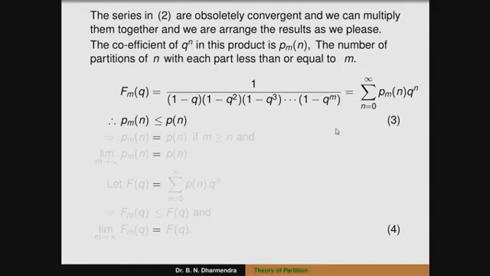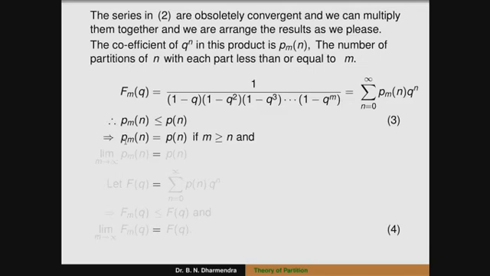So when I compare the partitions of n with the restricted partitions of n, where each part is less than or equal to m, therefore if n is less than or equal to m, p suffix m of n is less than or equal to p of n. This is a very obvious case, which implies p suffix m of n is equal to p of n, since if the value of m is greater than or equal to n, both results are the same.